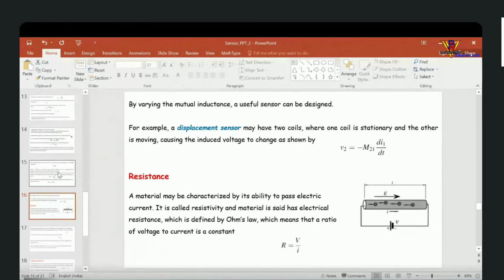So earlier we have seen the electric current, electric voltage, or electricity. Now the magnetic. So based on these, we